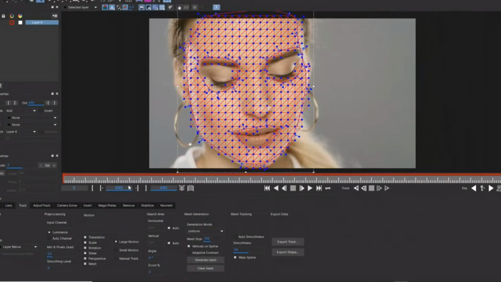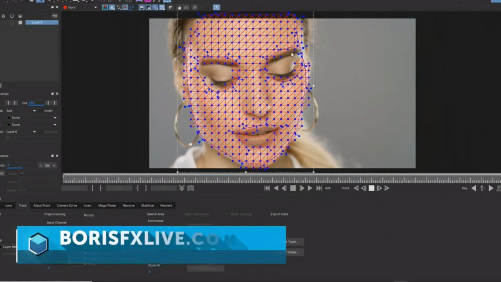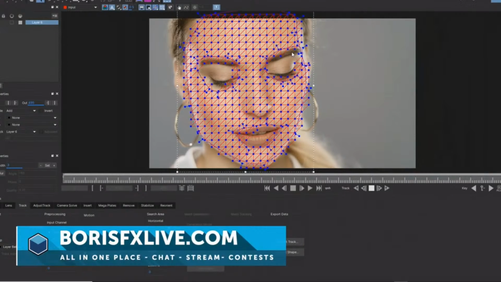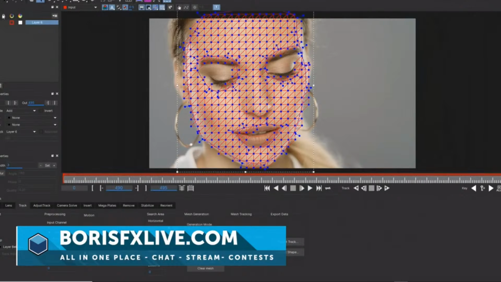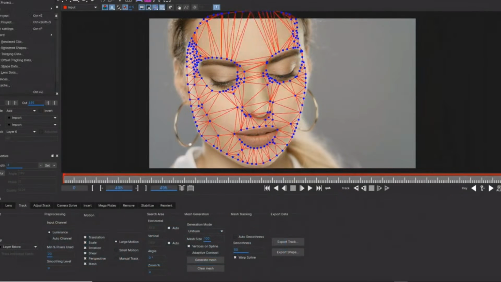So what we're going to do is go ahead and hit track on this. So I'm going to hit track backwards, just like this. And you can see it tracks pretty quickly for how many points it's tracking. But again, it takes a couple of seconds per frame to track. I am not going to make you sit through this whole track because I have already baked this cake for you. So let's just go ahead and